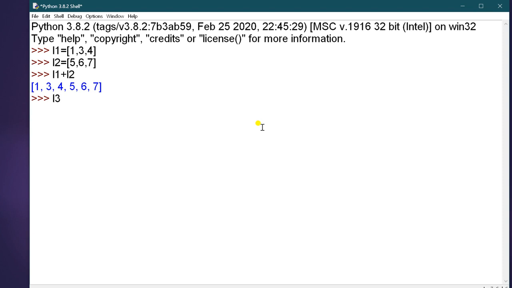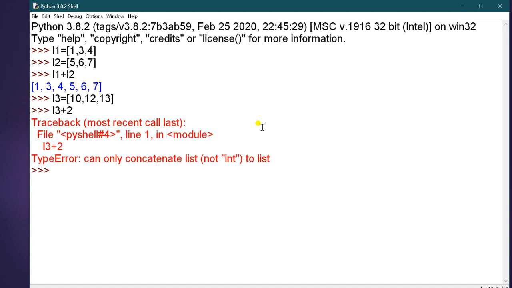If L3 is holding 10, 12, 13 and you want to add L3 plus 2, then it will give you the error: can only concatenate list, not int to list. So this int cannot be added with this list.